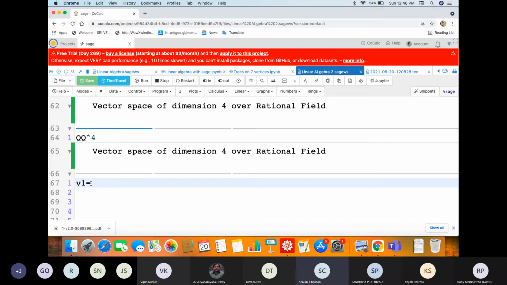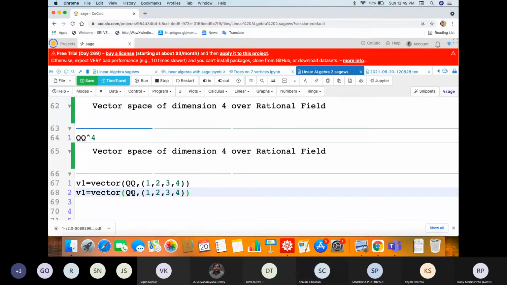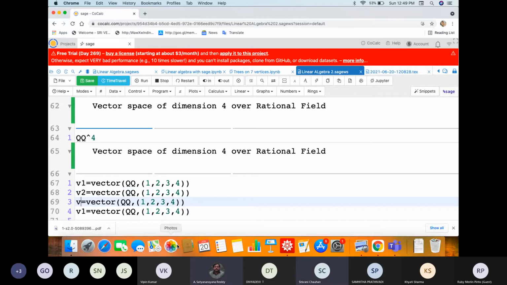V1 is equals to... so here I'm defining 4 vectors.